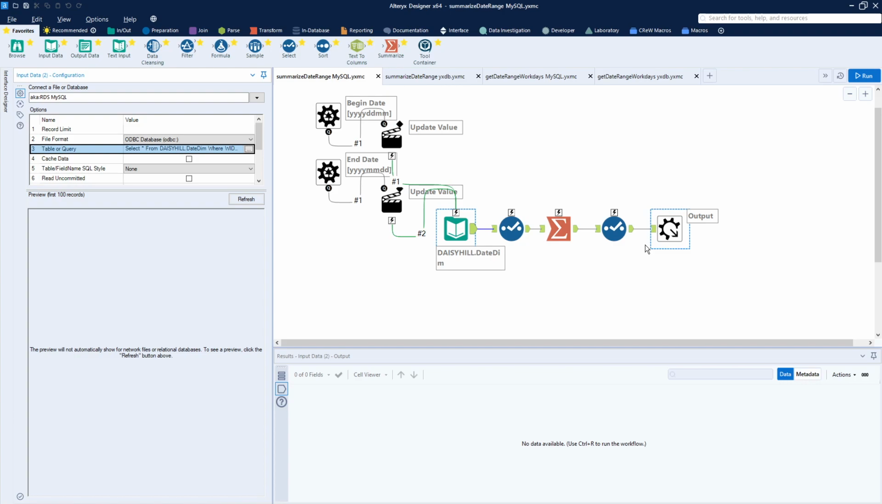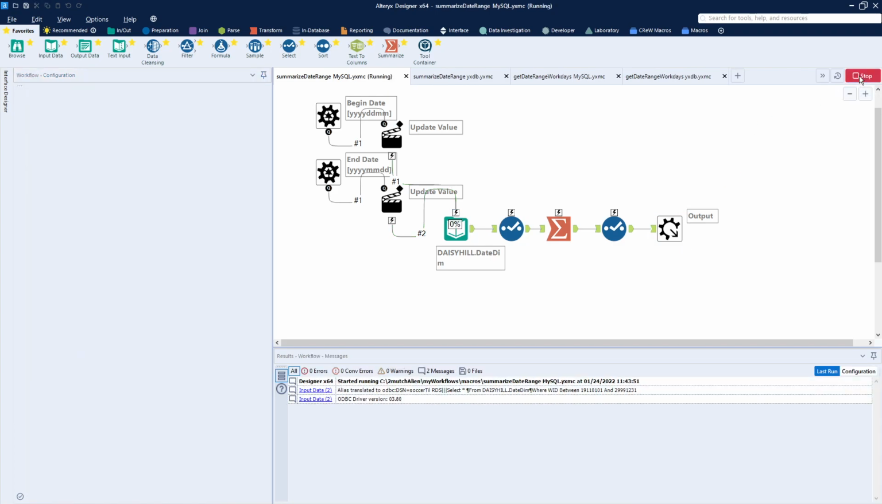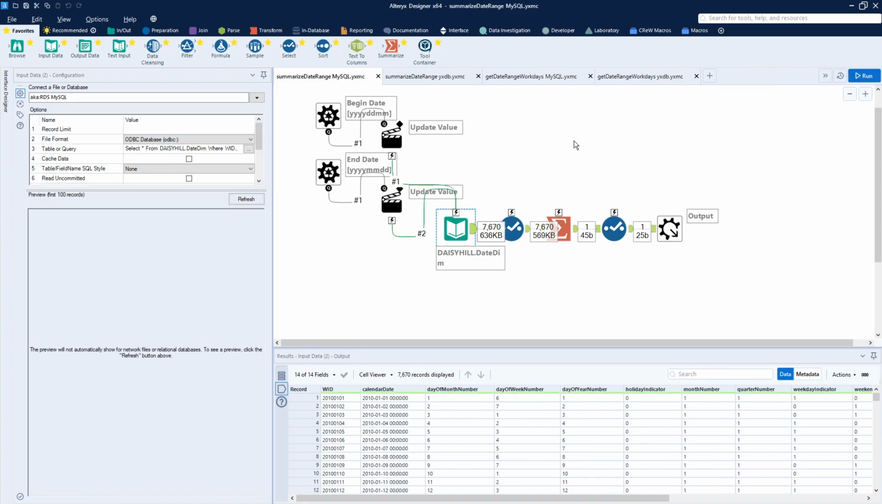And again, your macro should be able to run independently. So let's go ahead and run this, just take a look at what it's doing. And I have two versions of these. This one goes against the MySQL database. There happens to be a date dimension out there,